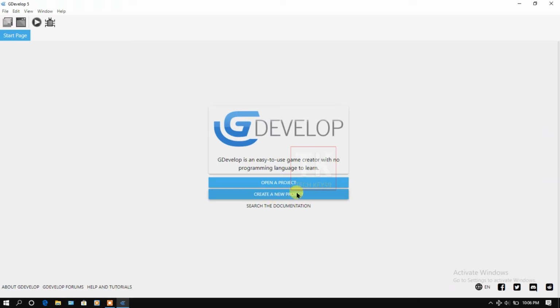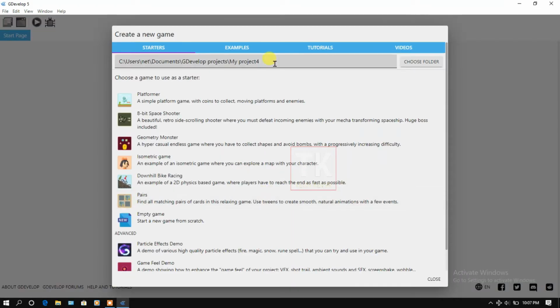Click on create a new project. First you have to select your game path. Click on choose folder and select your path.